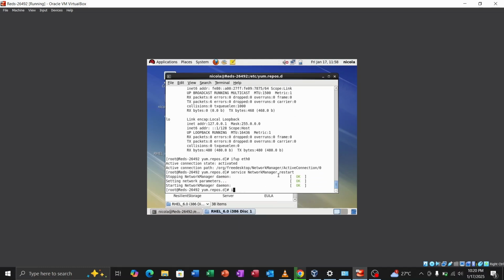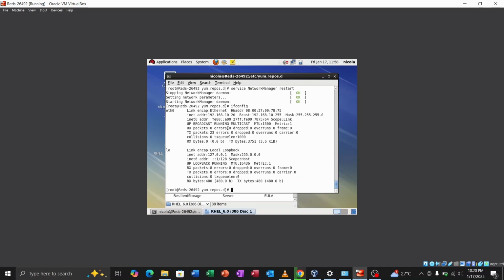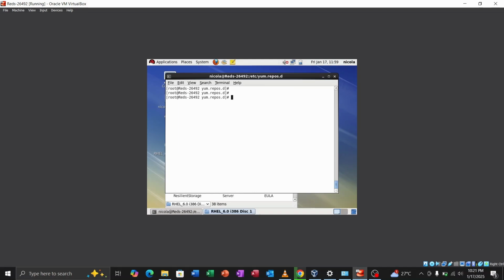Okay, now when I type ifconfig again, we'll see the IP address is here, and the broadcast, it will know the broadcast automatically, and the mask. Okay, so now my machine has an IP address. So what is the next? The next is to install my DHCP. How to install